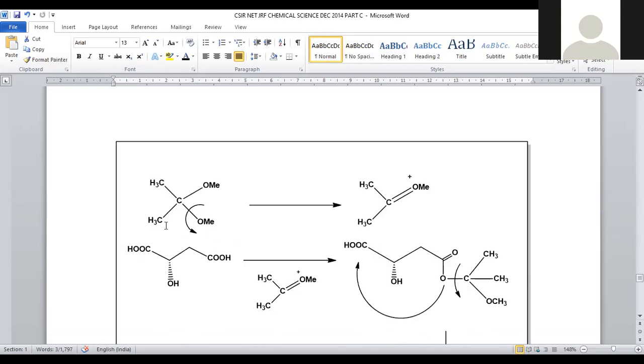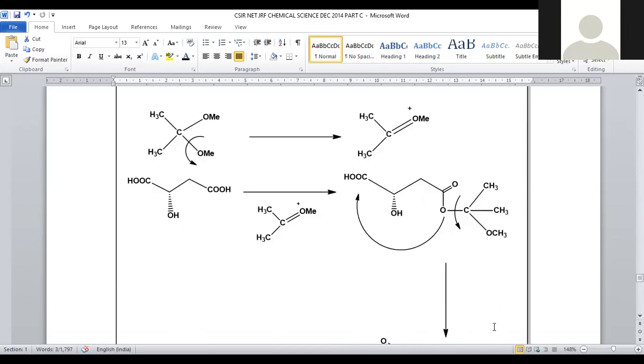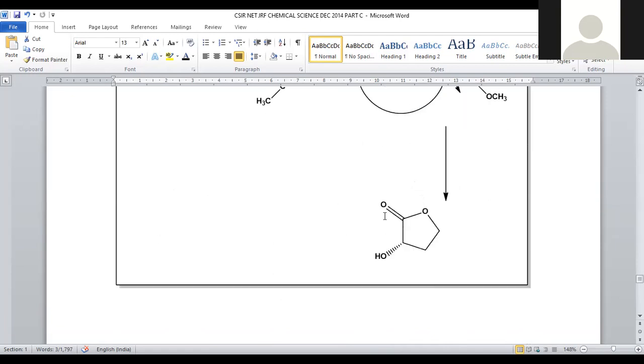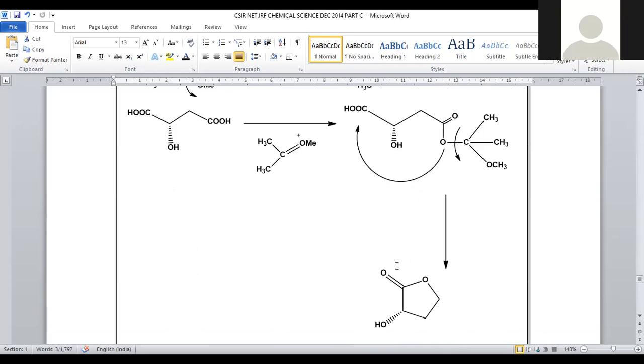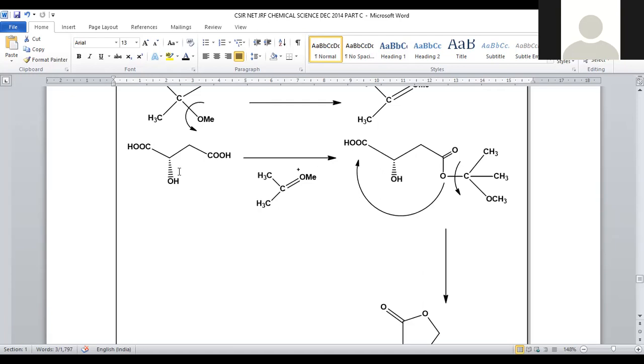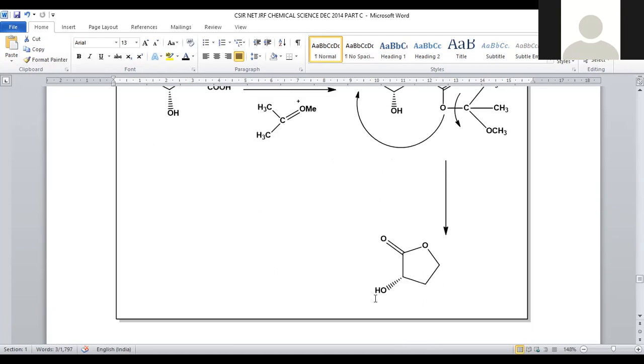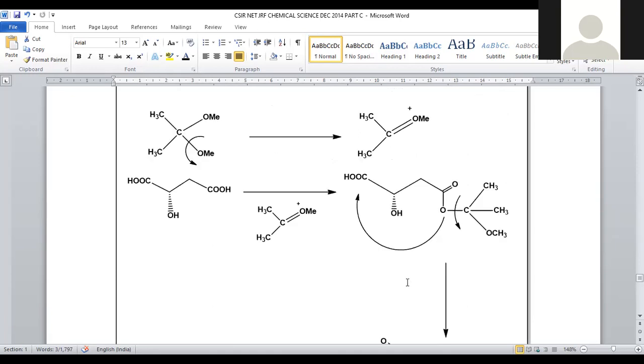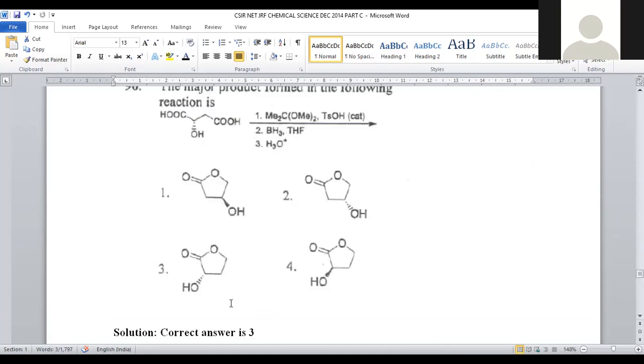First, we are taking the carbon with the dimethoxy, you can say the dimethoxypropane. This is said to be what, geminal dimethoxypropane. One of the methoxy groups, when eliminated, you will get a double bond, O positive, called oxonium ion. This oxonium ion can be treated with the terminal carboxylic acid, and this group is entirely removed, and the lone pair of electrons present in the oxygen will participate in the bond formation. Here is the possibility to achieve the cyclic compound in this manner. So retention of stereochemistry of hydroxy will appear, and lactone adjacent to this hydroxy is the correct 5-membered cyclic lactone system. So that is available in option number 3.